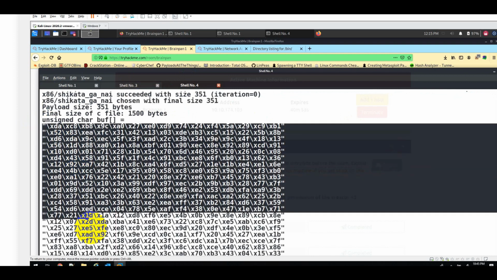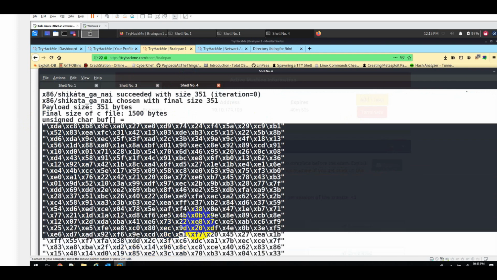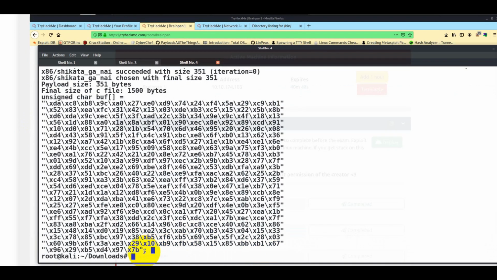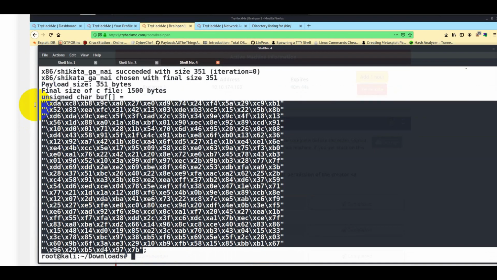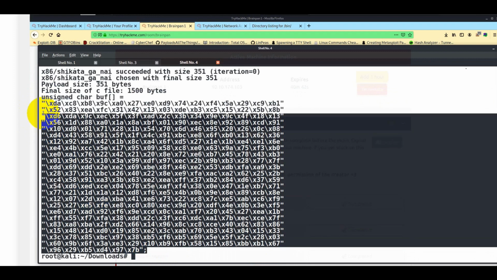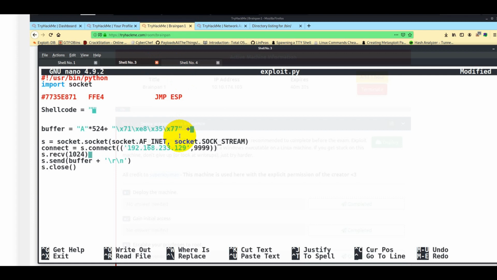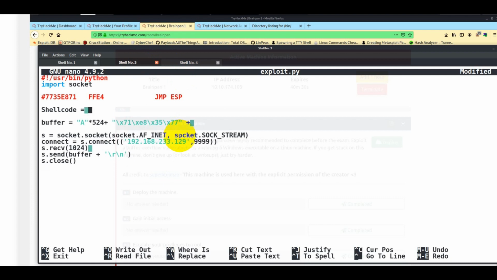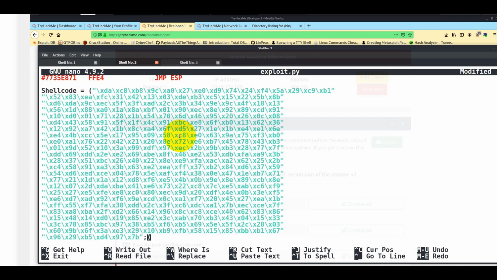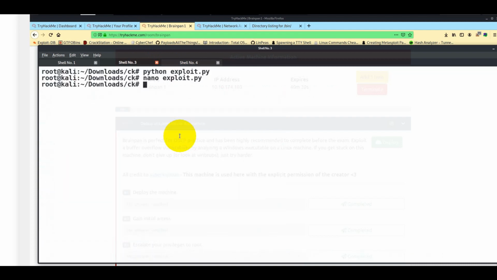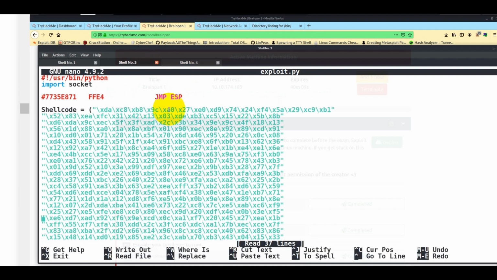Okay, why are we using this? Because we are just creating a reverse shell as per the OSCP exam, and as per the examination pass mark or the clearing, you need to submit the exploit, and for that you can use any shellcode. So I am just going to copy paste the entire shellcode inside a bracket. That's the best way actually. I guess I need to remove the semicolon or something. Okay, let's just go ahead and try whether it is running or not. So if I run this exploit, okay, I need to modify it actually.